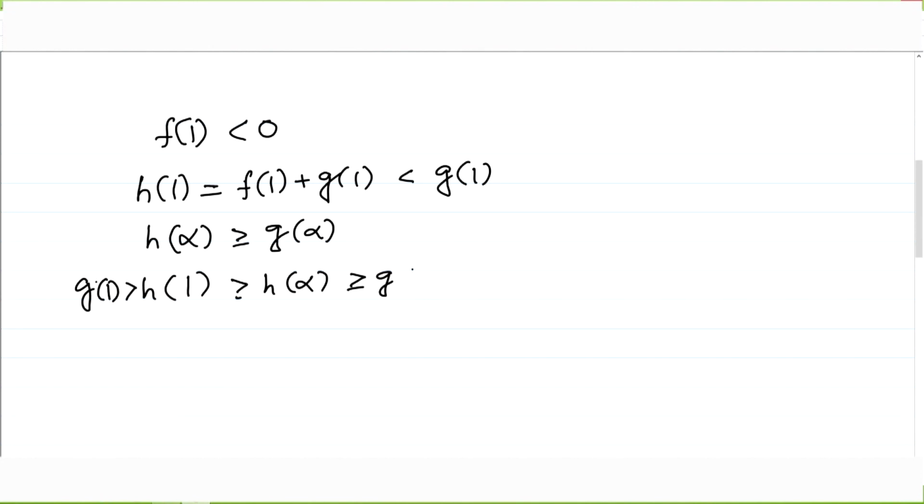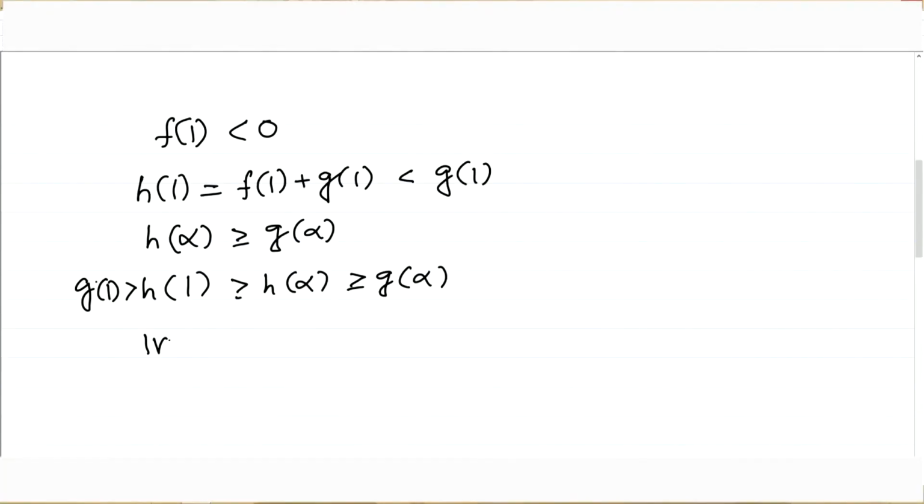And g is a continuous function. So now I will use the intermediate value property, and this will imply that there must exist some t in the interval alpha to 1 such that g of t must be h of alpha. Now h of alpha will be